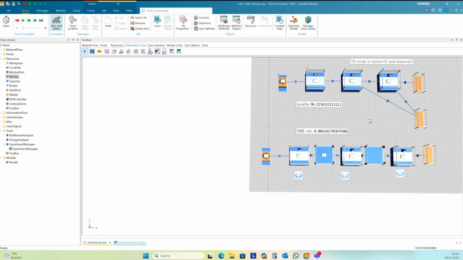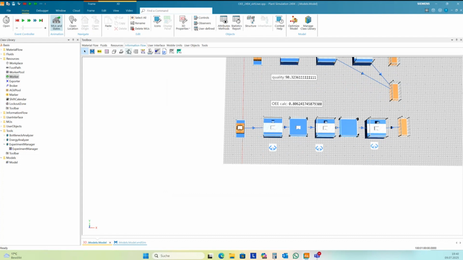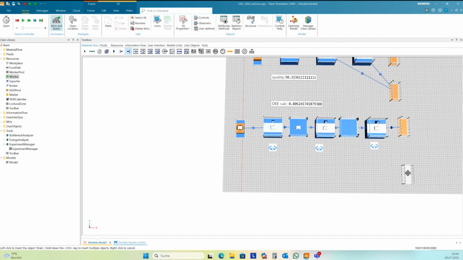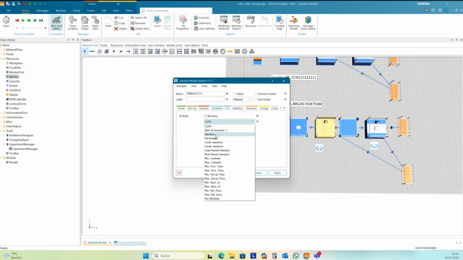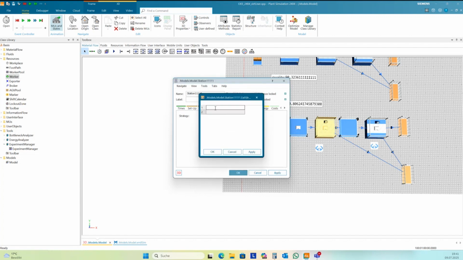Okay. Then I need a second train for the quality losses here. And I need to set a new exit, random behavior 95.5%.